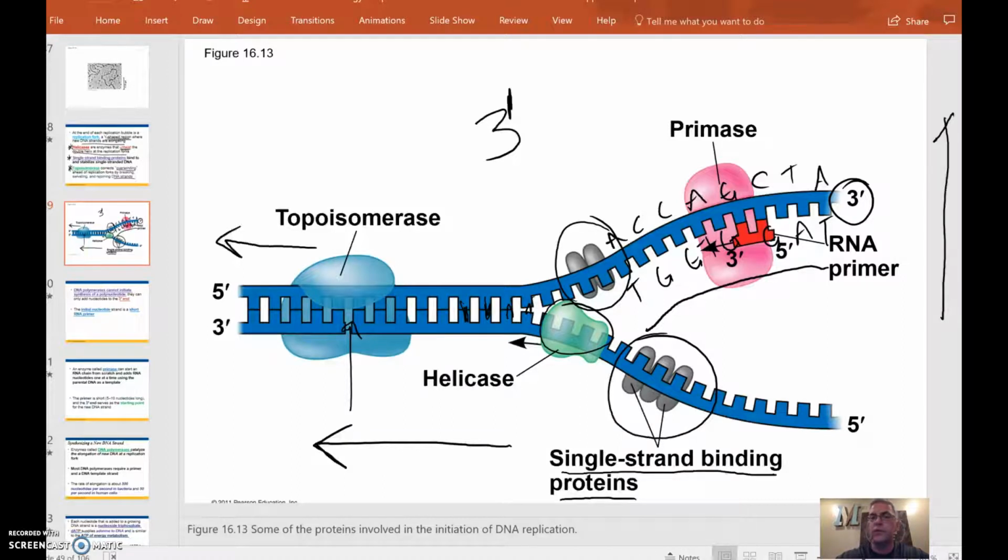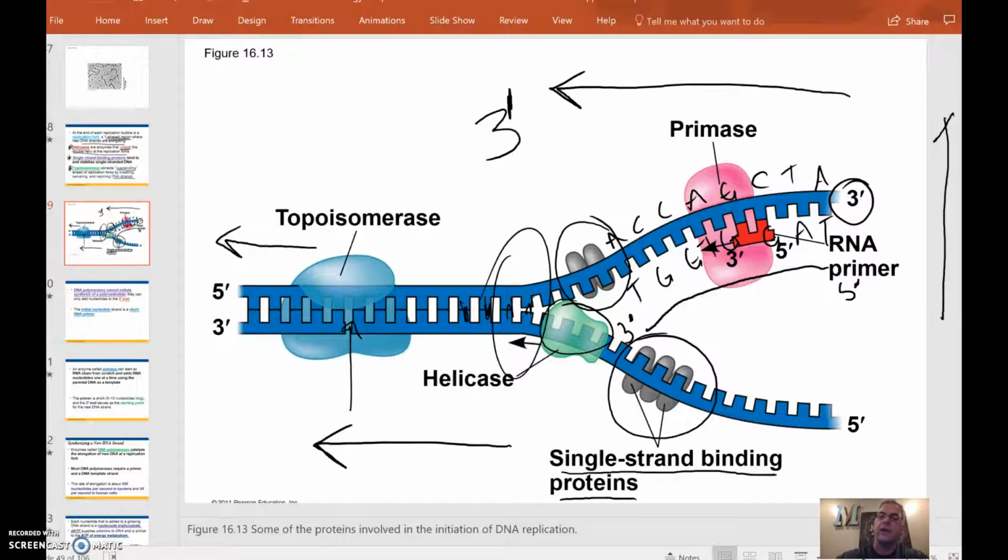So if this strand was 3' at that end, the new strand is going to be 5', and that means the 3' would be down here. So if you have 3' in the direction where the overall replication is occurring, which is towards the left on our screen because we're creating this fork at this particular point, then we're going to be able to go in a continuous fashion. So our first step, you might notice, is going to involve this red structure,